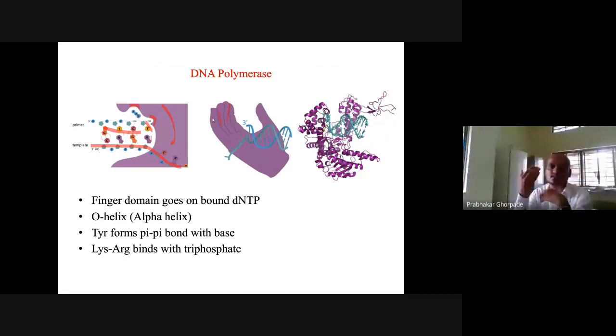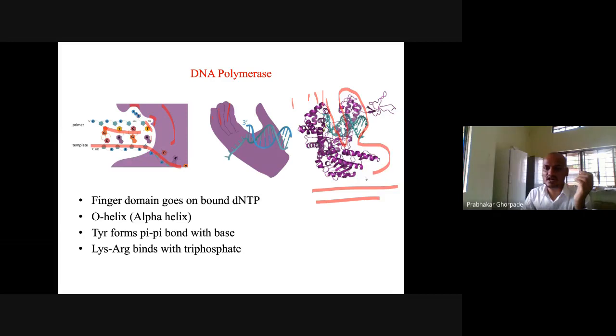So we imagine that the scientists who did X-ray crystallography of this DNA polymerase imagined its structure like hands. So these are the fingers. This is a finger, and this is a thumb, and this is the palm of that DNA polymerase, and these are the fingers they imagine. Okay, so this is a DNA polymerase structure. They are calling it like that.